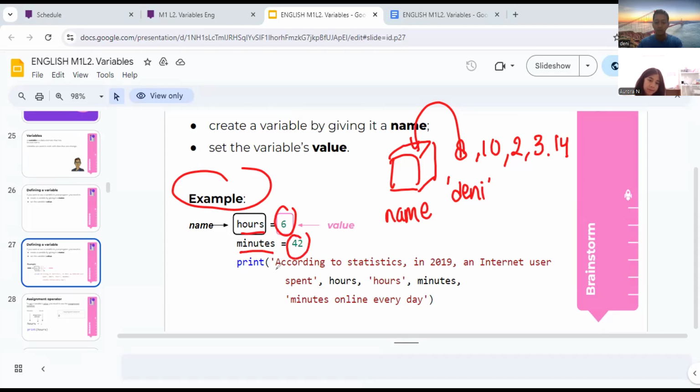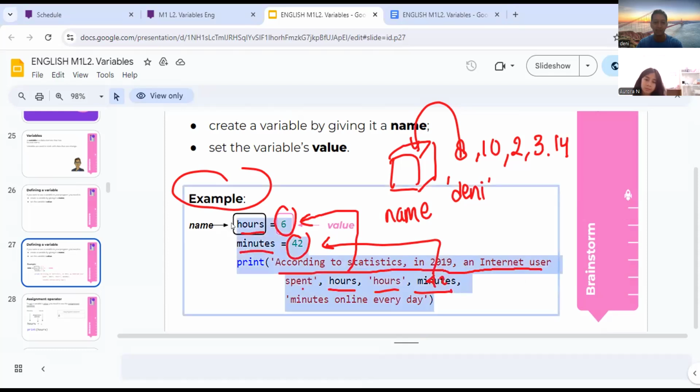If I print, according to statistics, internet users spend hours, meaning 6, and minutes, 42. If you don't understand, let's copy it.